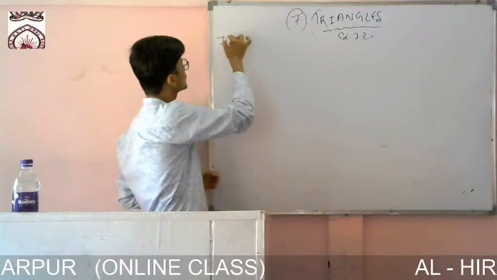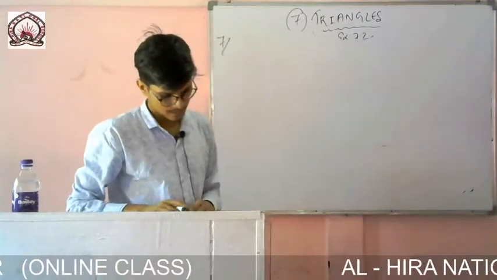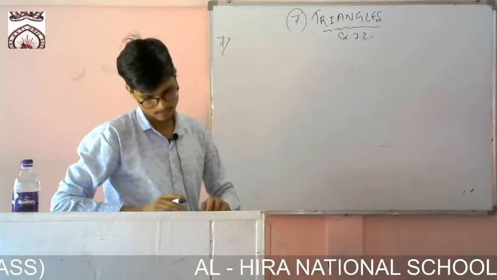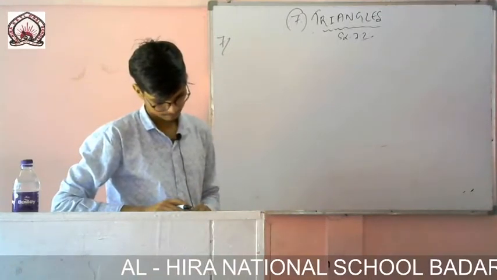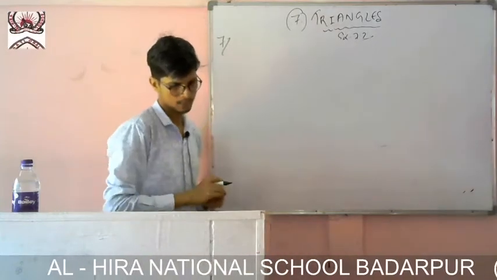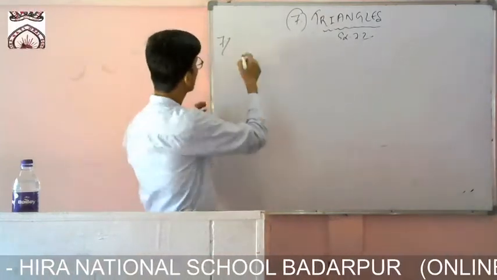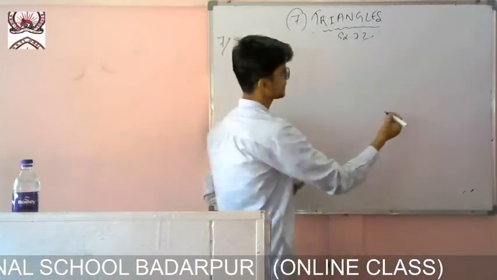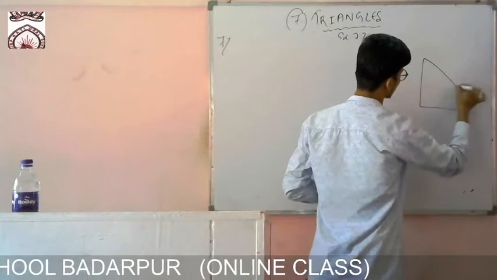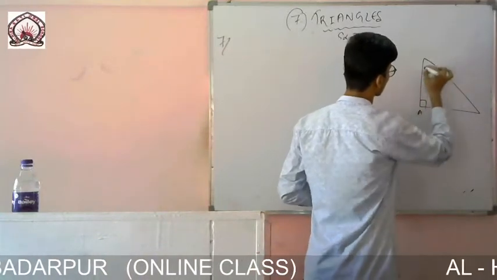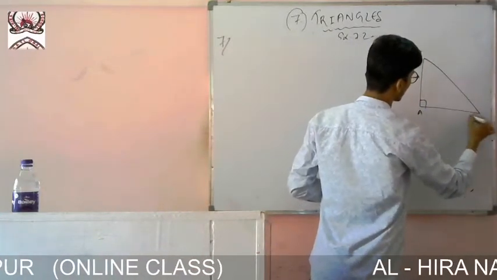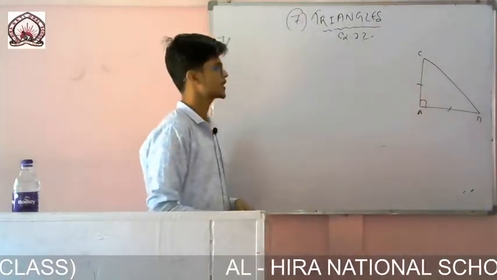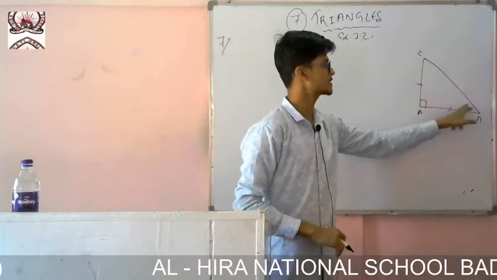Question number 7, you see, ABC is a right angle triangle in which angle A is equal to 90 degrees, AB equals AC. Find angle B and C. So you have to find the measure of this angle, okay. There is no figure given, let me draw it. If I draw a right angle like this at angle A, these two sides are given equal, okay. This is the figure I have drawn, okay. So the question is to find the value of this angle, okay.